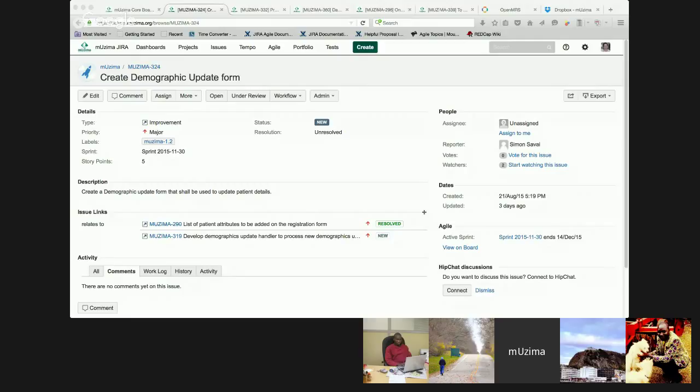For the first pass, I think it would be very complicated if we allowed the update form to be used for the newly registered client on the device, unless you think otherwise. What I have in mind is that the first pass for the demographic update form is for existing clients that we downloaded from the server, just to make things easier.